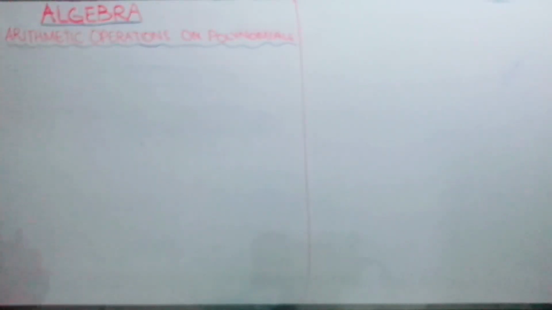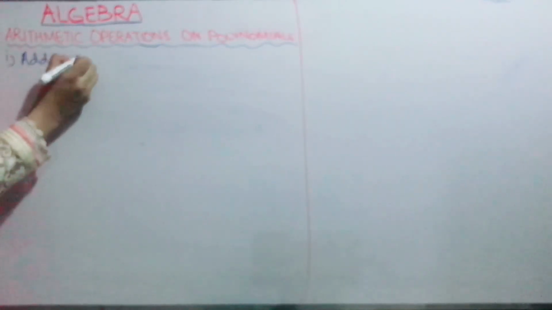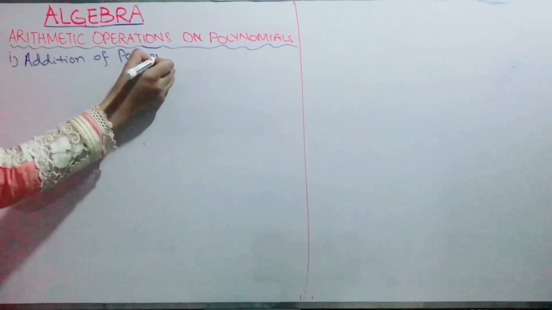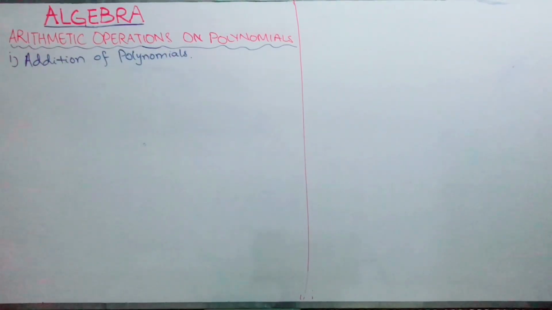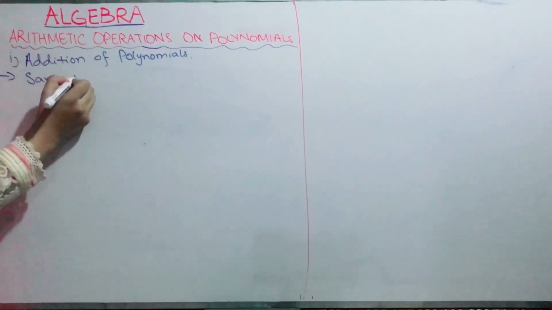This is part number 2, arithmetic operation on polynomials, and we are going to do the first operation, that is addition of polynomials. Right, addition of polynomials. For this you have the first case when you are having same powers